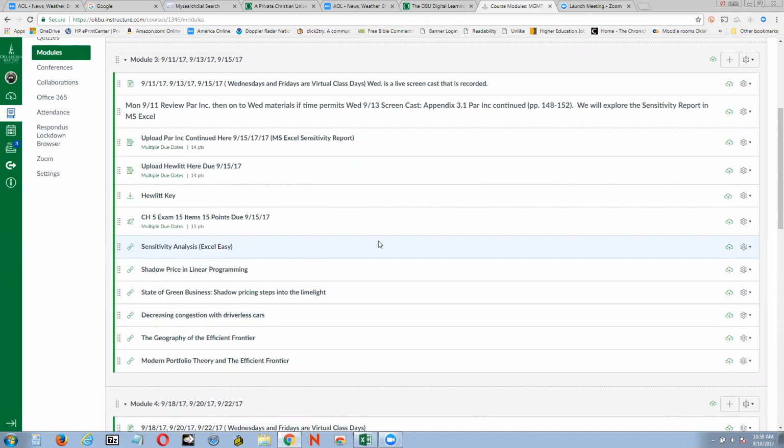I'll go back in the index and find it. It's either going to be in the table of contents or the index. And some of these I thought, as I've transferred all this stuff from Moodle over here. I've got it written down here. The Hewlett case is going to be over on